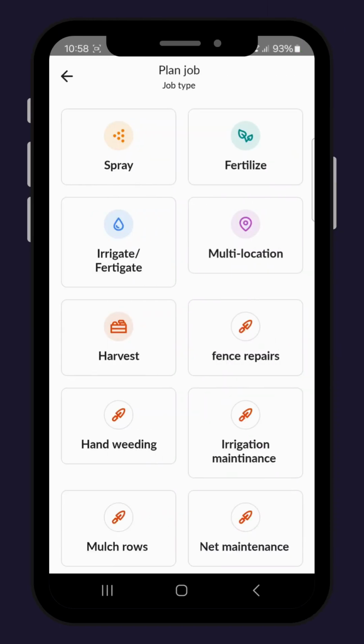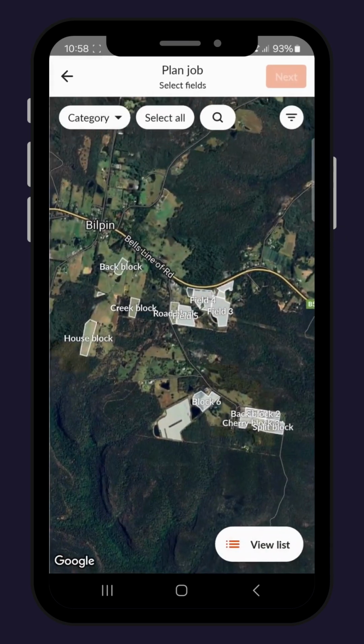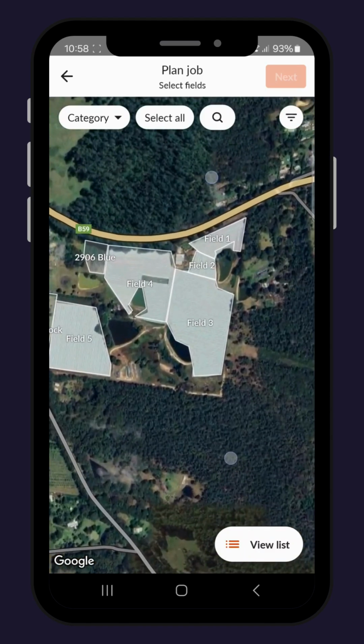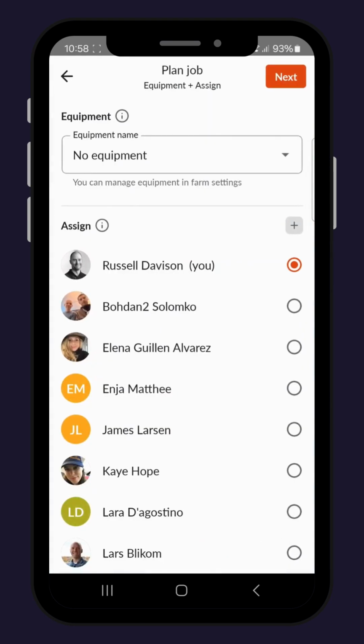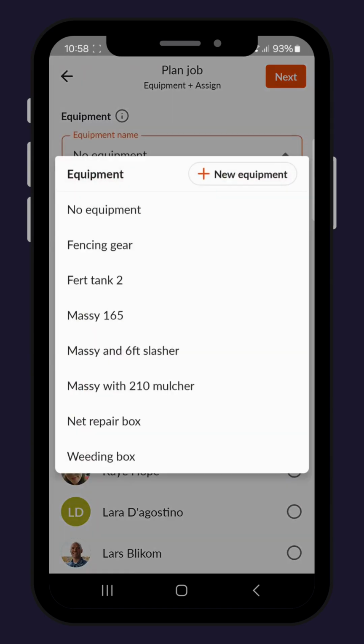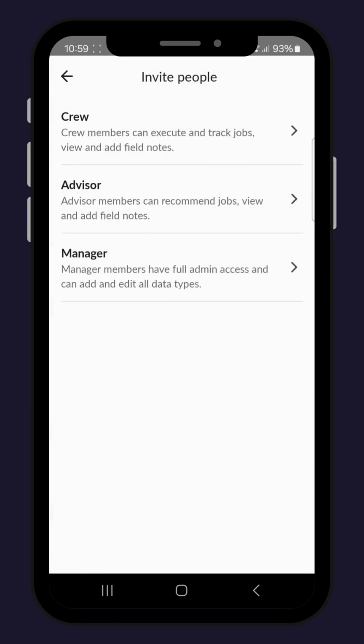Let's have a look at how we can delegate jobs, also record jobs from the past, do jobs currently, and set jobs for the future. So first of all, we choose the type of job. Let's just say some net maintenance, for example, and it was done on field 3. So now we just hit next. Equipment we used. So we use the net repair box, which has got our clip guns and things like that in it. And then we can assign it to any workers on the farm. If they're not featured here, we can just go to the little plus button and add the worker that did